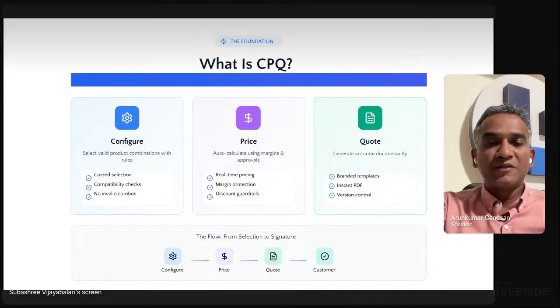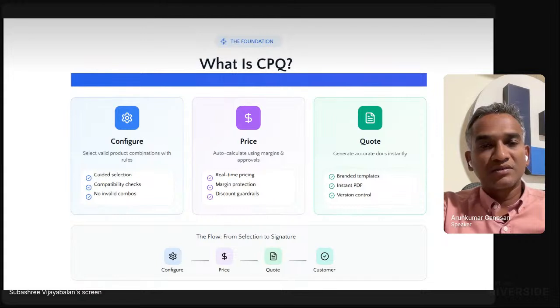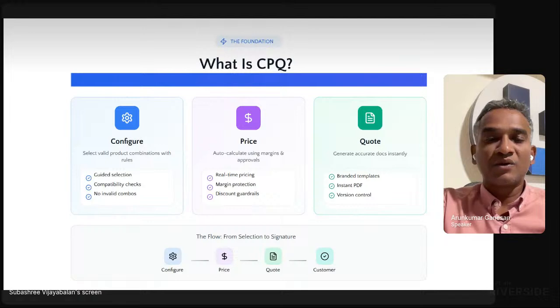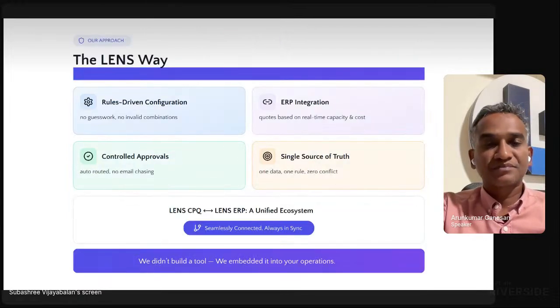So that's how discounts are guardrailed today. But when we see all these things, you configure an item, you control the margins and the price, and finally we just need to get the quote for the configuration we have made. So right from the requirement we got from the customer, we configure the product, create a price, or just get the price from the configurations or pricing rules we have already made, get a quote from the system and issue it to the customer. It should be that simple, instead of toggling between multiple Excels.